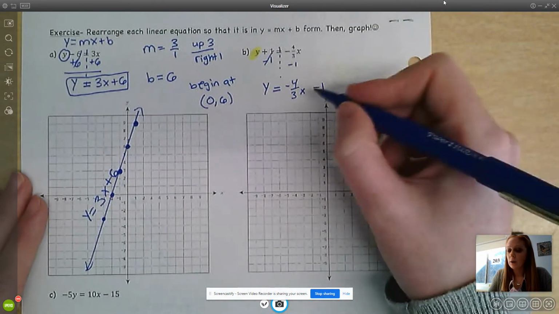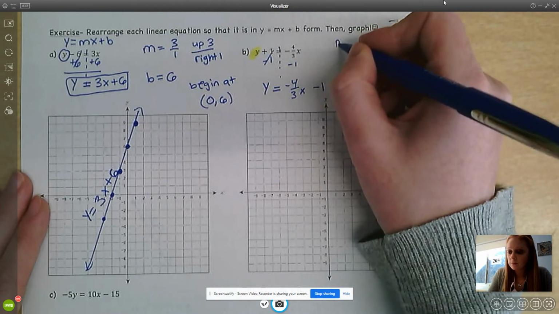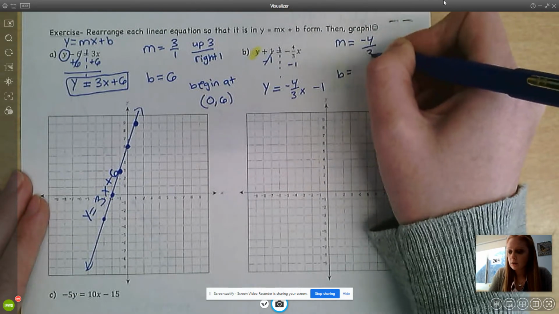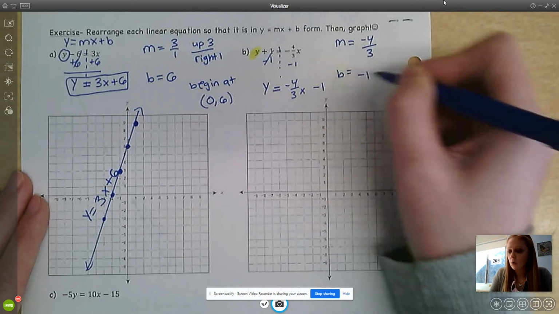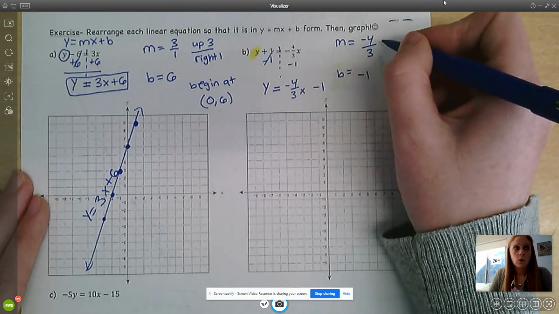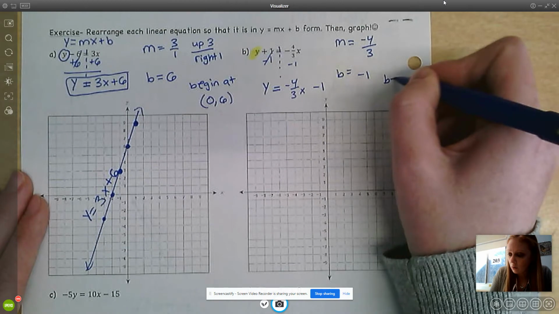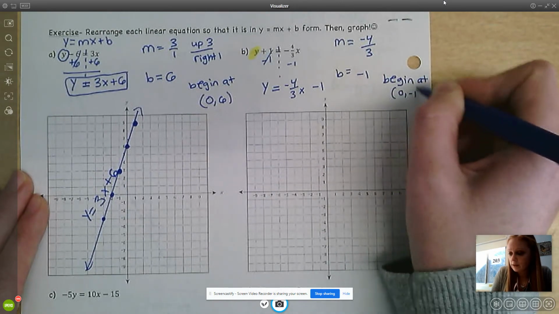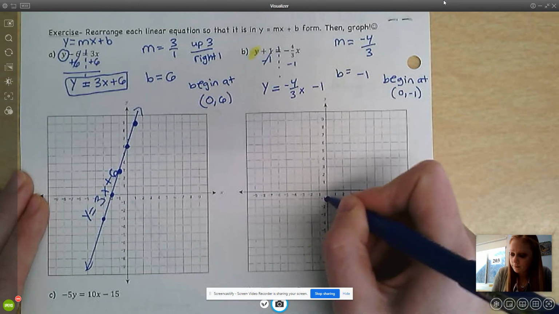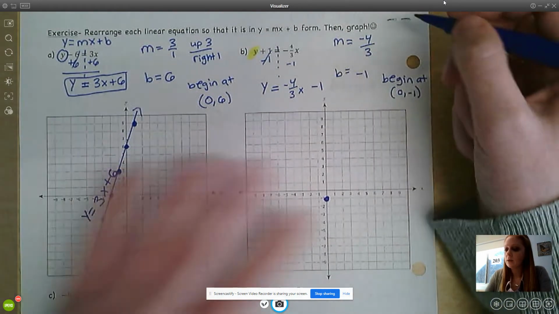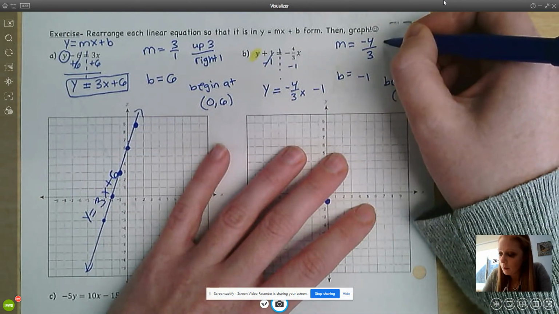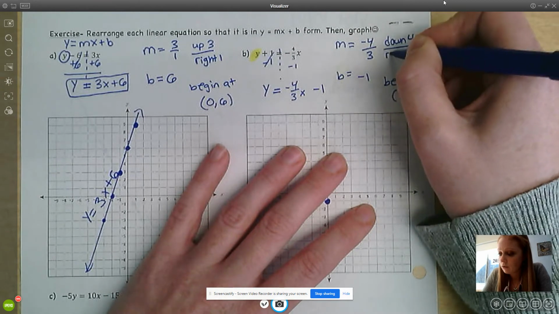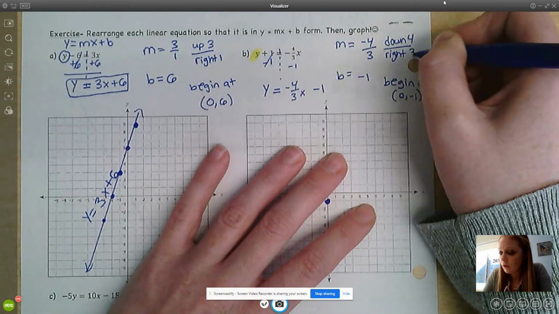So we can identify what our m is and what our b is. Our m is negative 4/3. Our b is this negative 1. So we're going to begin at negative 1 on the y-axis. So that would be the point 0, negative 1. And this tells us how to move. It's a negative slope, so that means we're going to be going down 4 and then right 3